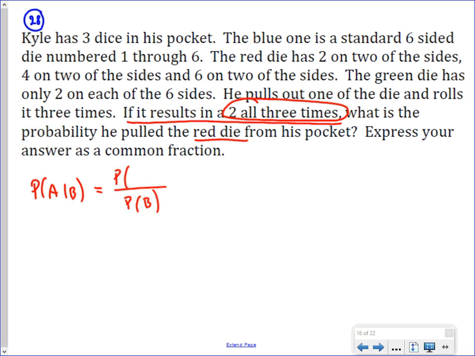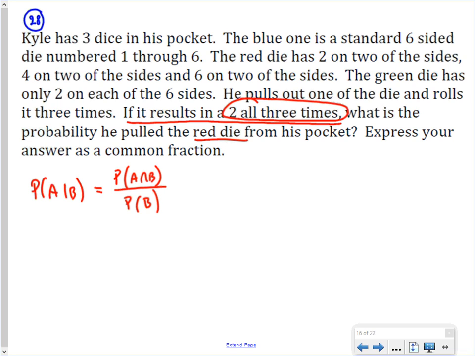The way we do that is we calculate the probability of it being the red die and getting 2 all 3 times. We usually call that A intersect B, which means both events, the given statement and the wanted statement, it being the red die, happen at the same time. And we can just calculate these 3 probabilities. So let's start with